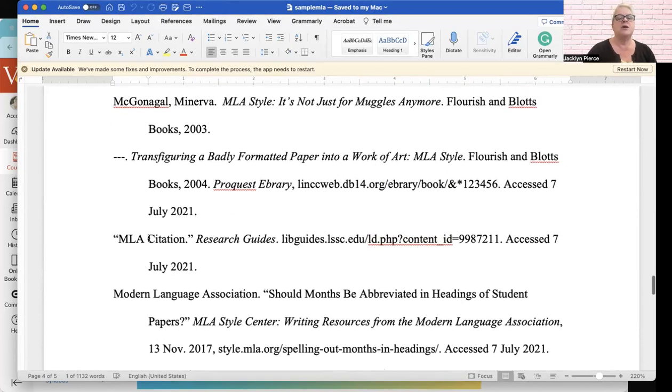Oh, here it is. So this is a citation for a web page called MLA Citation, and the website is called Research Guides. So it's the same exact principle as we're having a part of something larger. The page that you're looking at is in quotation marks and the website itself is italics. You will never, ever, ever just cite the website as a whole. You need individual citations for any page that you're looking at. And again, you're not supposed to be using tons of websites, so it's not too big of an issue.